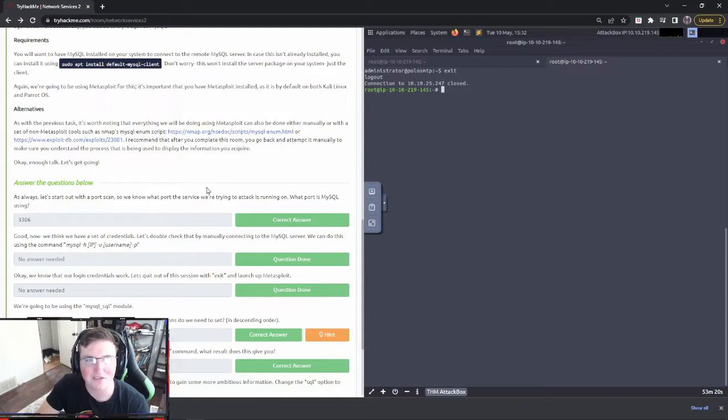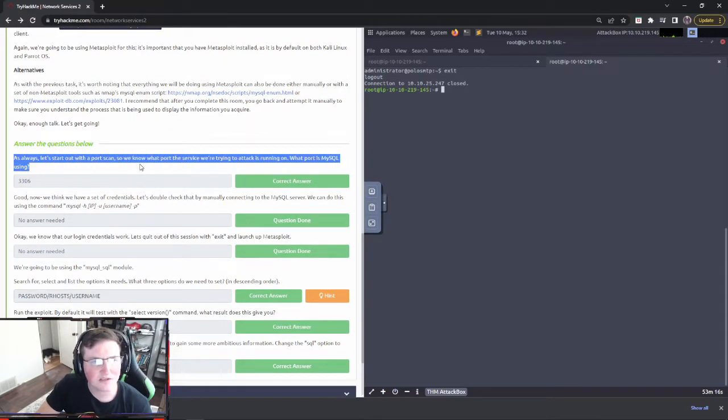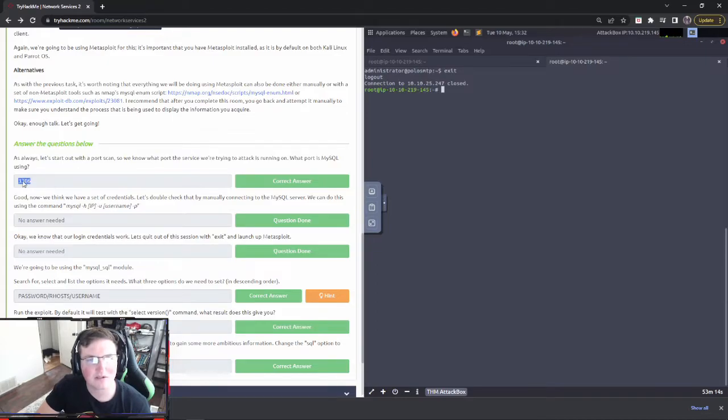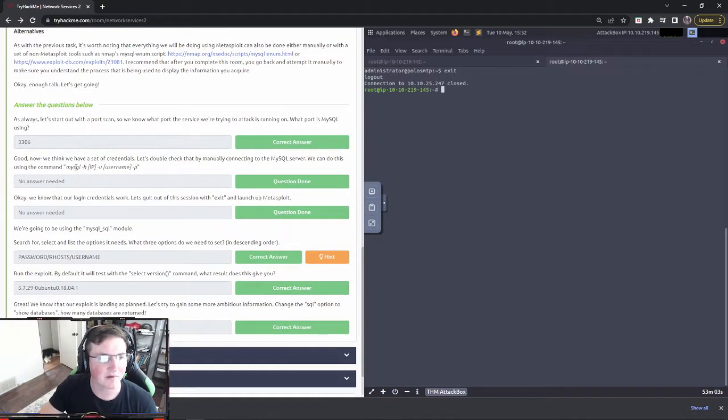It gives you the commands for it because I had to on the attack box. As always, we start with a port scan, and this one, 3306, is what MySQL was using. It's pretty easy when you do the port scan on this one. It will pop up and say MySQL right on it. So it's pretty simple to find which port is using that.